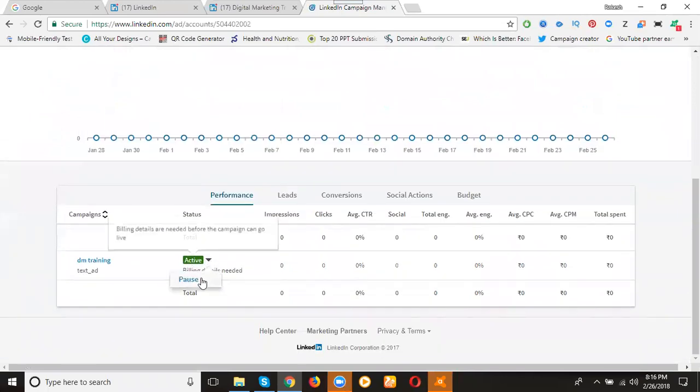If it is inactive, it will not be in active status. Is it clear? This is how I get a LinkedIn ad to promote LinkedIn company page followers based on category, job, and audience.